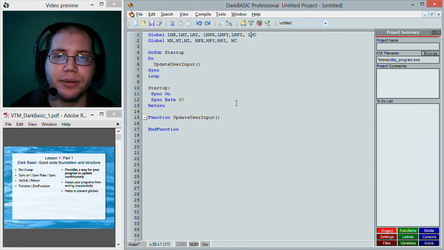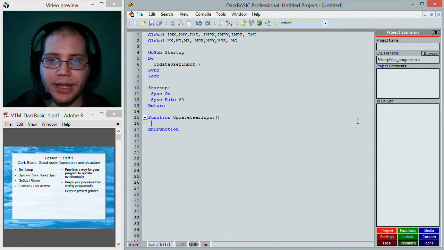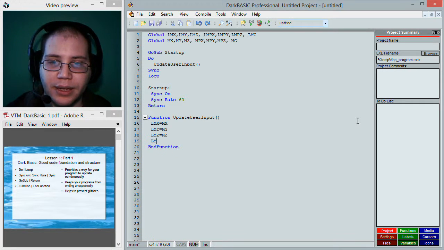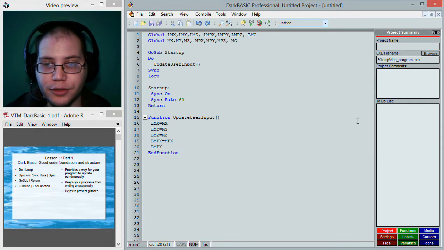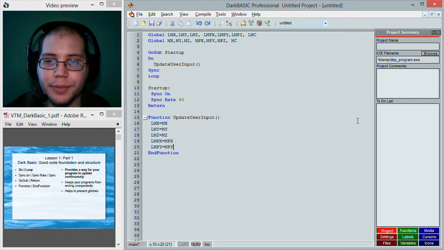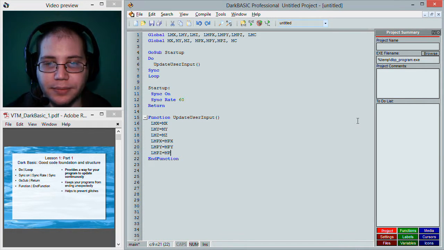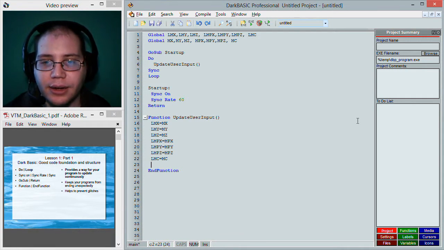Okay, so this will read the mouse input. And so what we'll do is we'll say last mouse x equals mouse x, last mouse y equals mouse y. So it reads the value before we erase that value with a new one. Last mouse z equals mouse z, lmpx equals mpx, lmpy, last mouse position y equals mouse position y, because mouse position y is about ready to change, so this is no longer the current one, it's now going to be the last one. And lmc equals mc, mouse click, last mouse click. Okay, then we're going to say